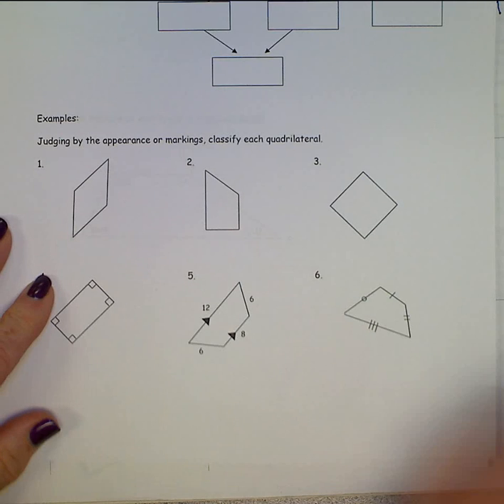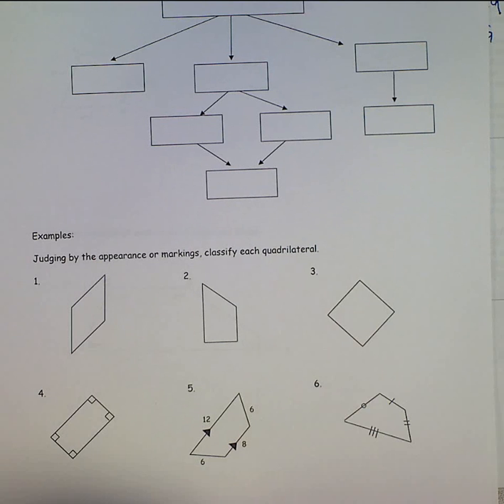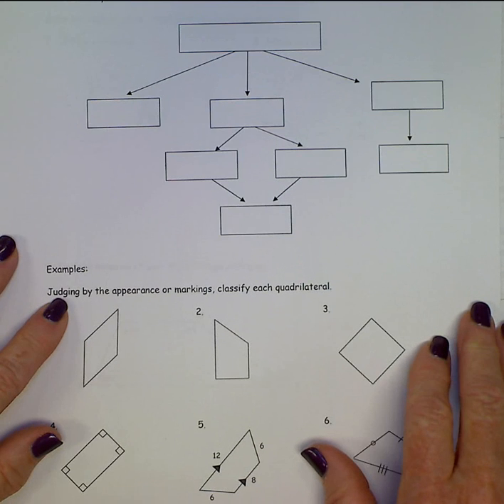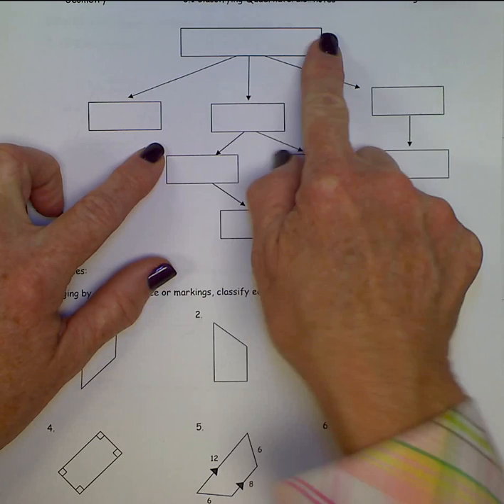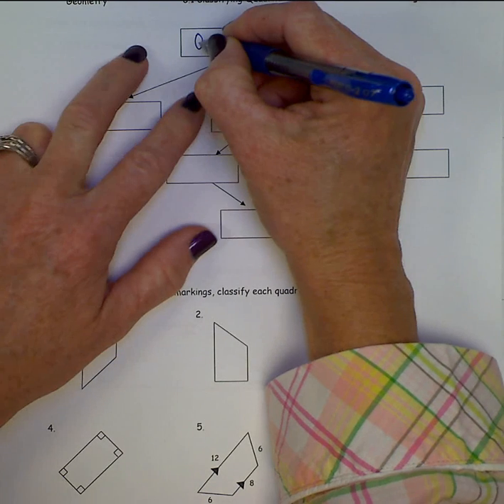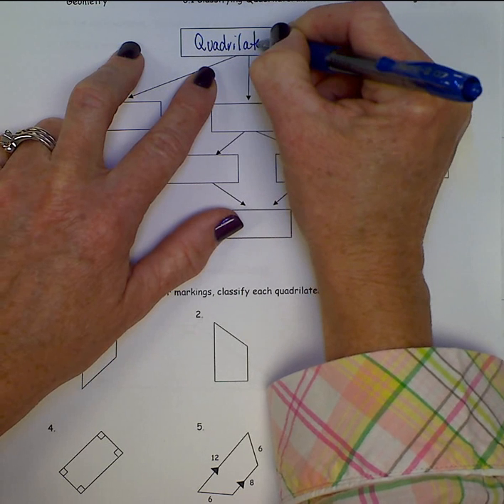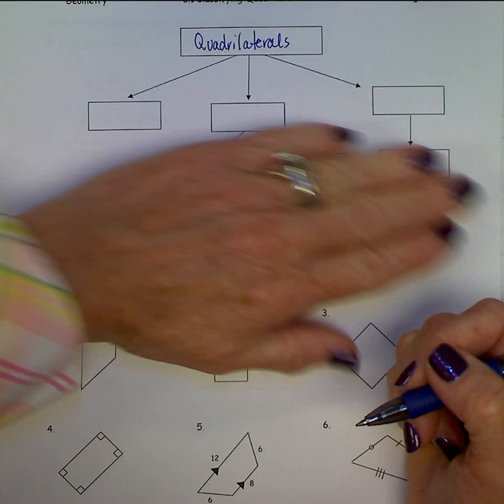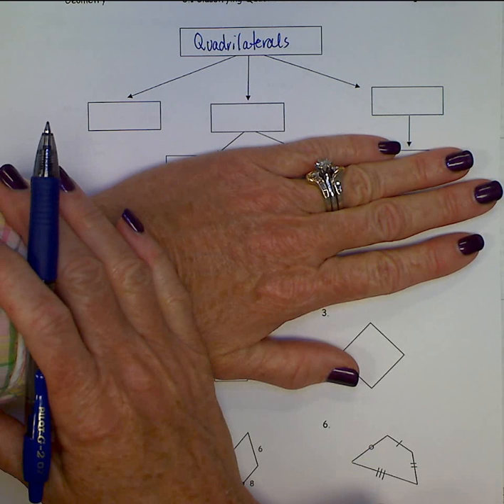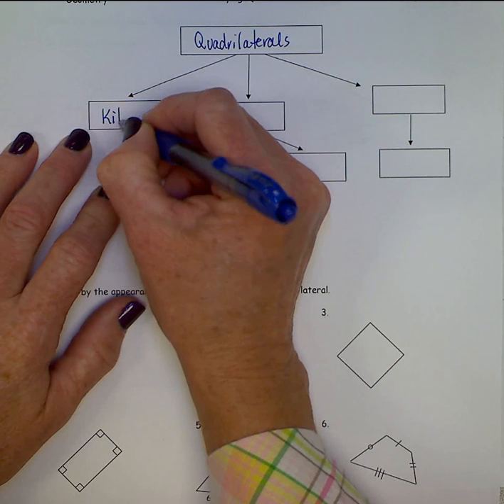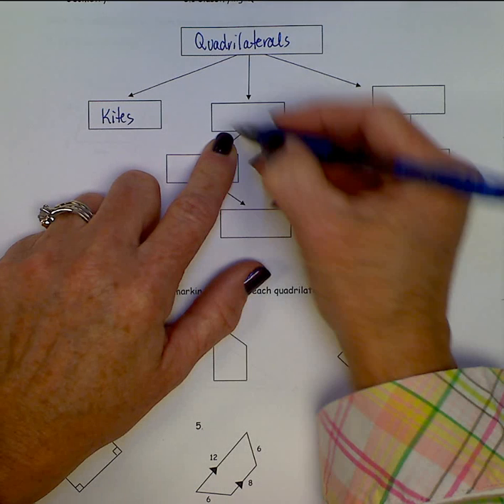Okay, so moving on. Sometimes we can draw a graphical or a picture arrangement of these figures so you can get a better idea of how they all fit together, if you will. This is kind of the main box up here, and quadrilaterals are up here. Then quadrilaterals are divided into three main sections. We have a section of kites, a section of parallelograms,